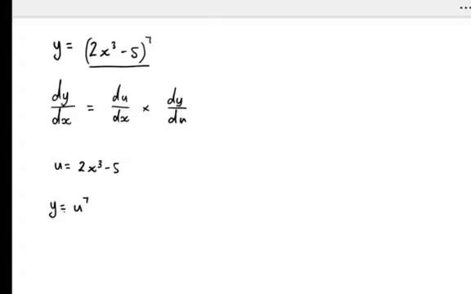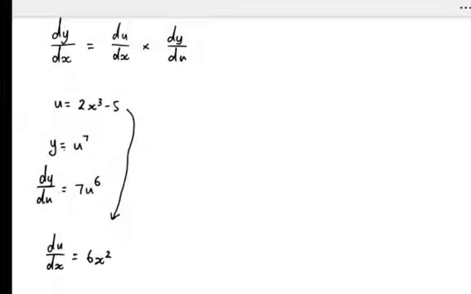And now you can see where we get the dy du term from, because if we differentiate this equation here with respect to u, then we get dy du is equal to 7u to the power of 6. And similarly for the du dx equation, if we take this one down here and we differentiate u with respect to x, then we get du dx is equal to 6x squared, and that minus 5 just drops to nothing. So then to solve for dy dx,